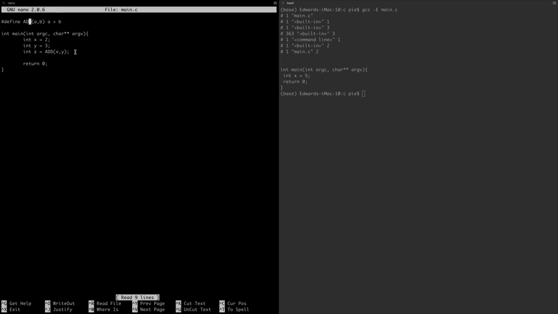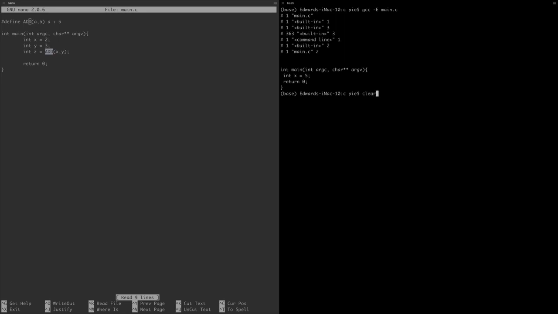Okay, now I want you to imagine what type of code the preprocessor is going to generate when it sees this add call in main. Do you think it's going to create a valid C function and then call it, or is it going to do substitution? And if you guessed the answer is substitution, then you are right. The way we can see that is to basically come in here and then instruct the compiler to preprocess our main.c file and stop after the preprocessing phase. And the way to do that is to use the -E flag,